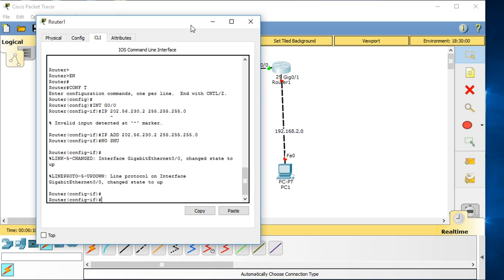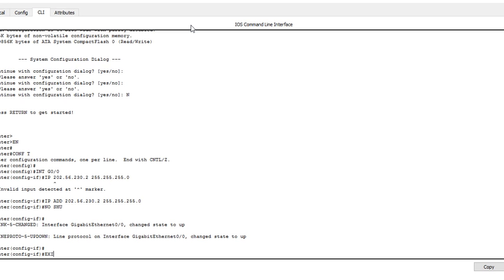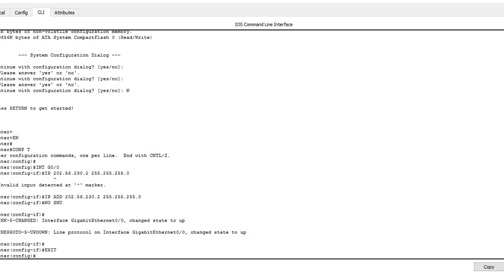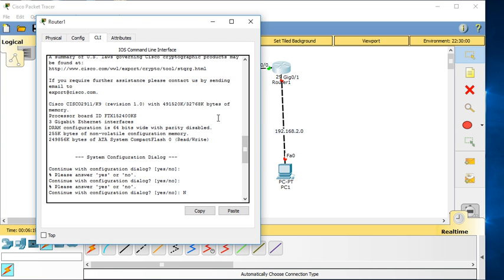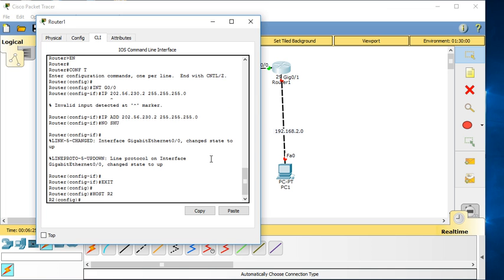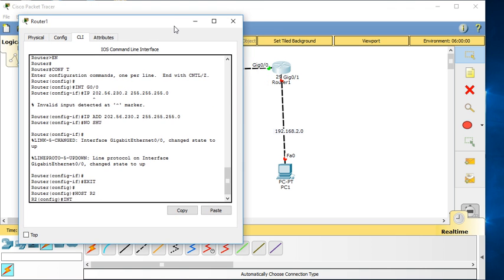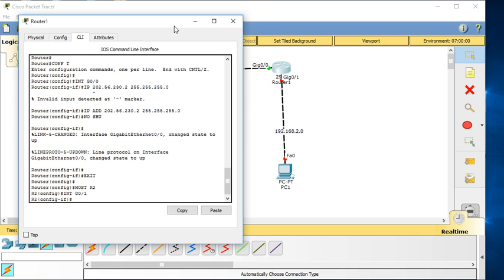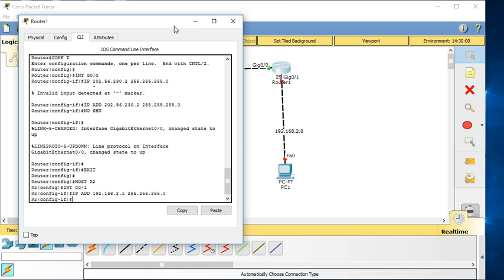This is router 2, with host name R2. Then interface G0/1, ip address 192.168.2.1 255.255.255.0, no shutdown.